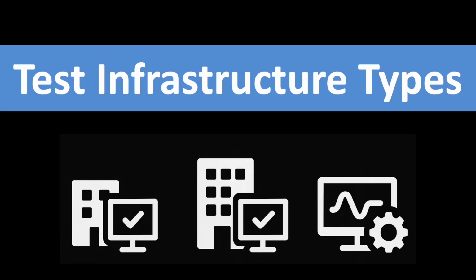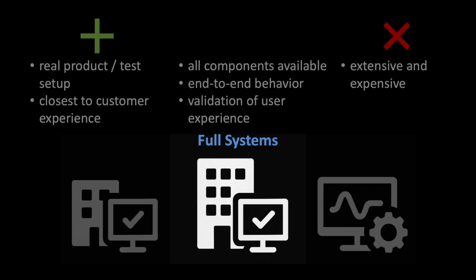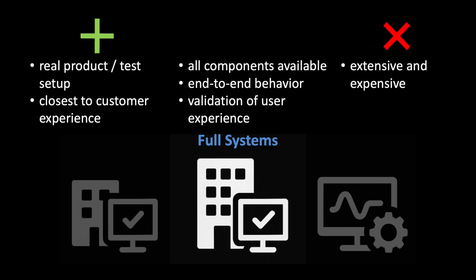This video is about the three main types of test infrastructure to test complex embedded systems. Full system, which represents the product. That means that all components of it are available and no simulations, etc. are involved. This is ideal to test the end-to-end behavior and also the validation of how the user will experience